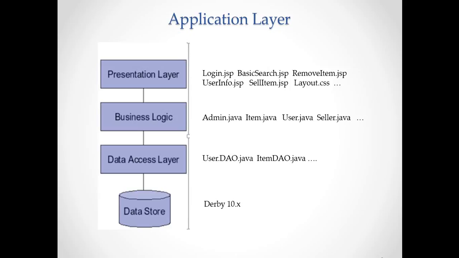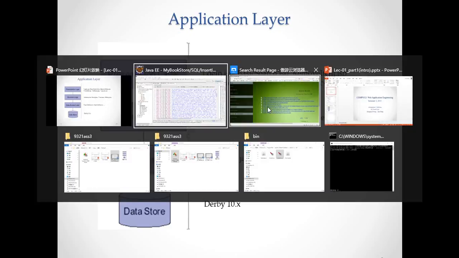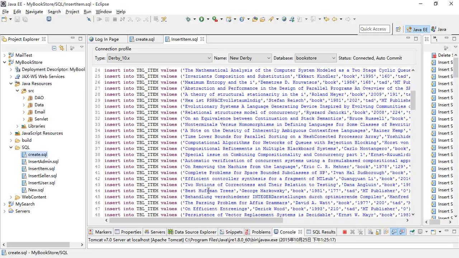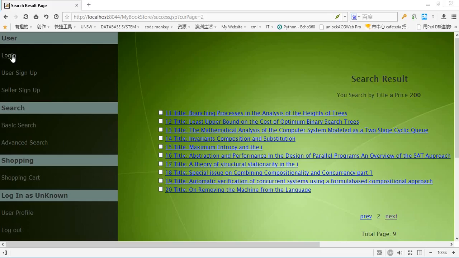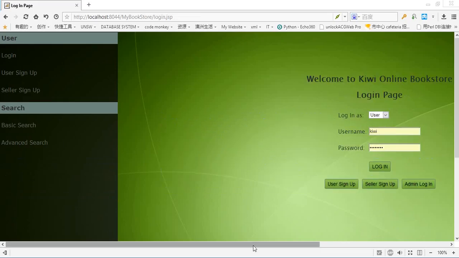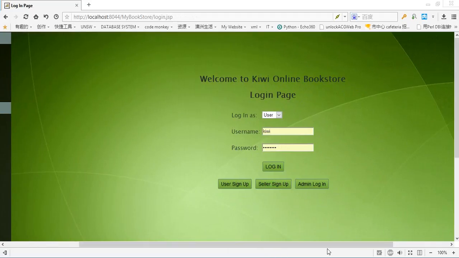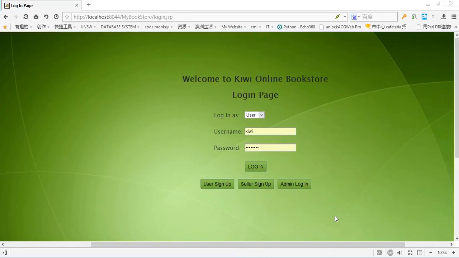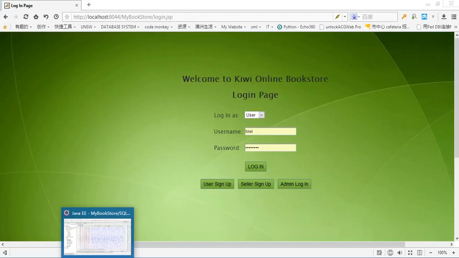Okay, let me show you the first page of our application. Yeah, like wiki, right? Okay, so before I introduce the application,